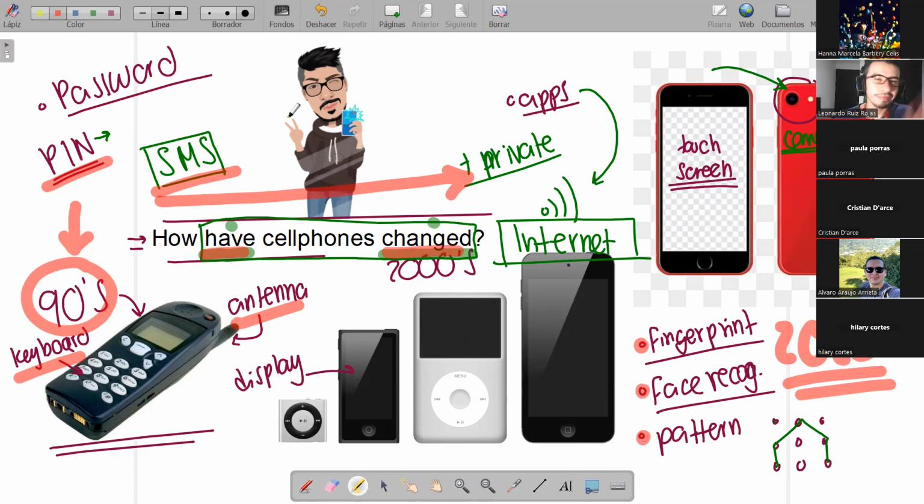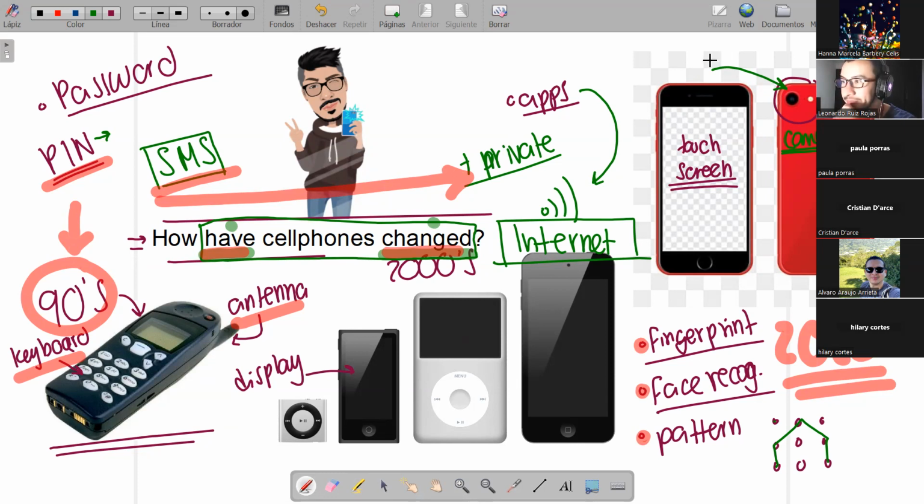One question, simple question. What do you think that will be the improvements, como las mejoras, the improvements of the cell phones in the future? Anything new? Anything new for the cell phones? Maybe holograms, maybe better cameras. What do you think that will be the improvements in the future?